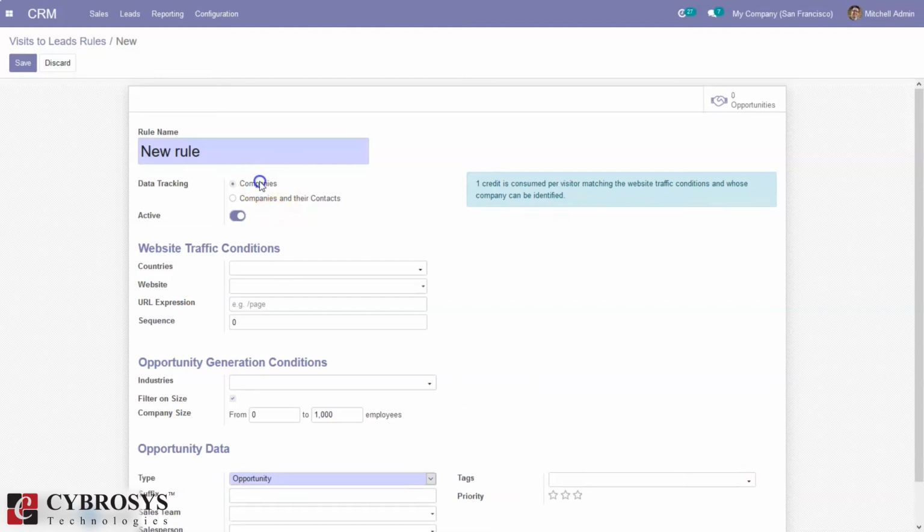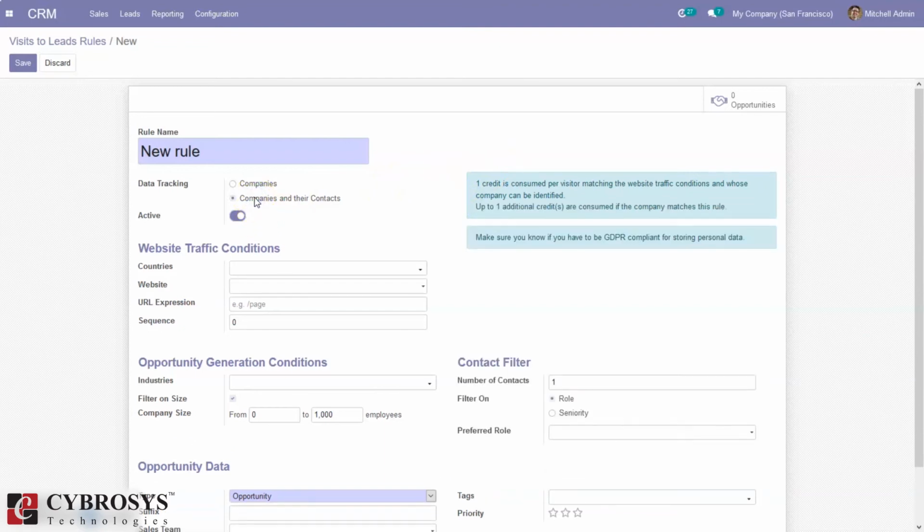Here we can see a message shown: one credit is consumed per visitor matching the website traffic conditions and whose company can be identified. So in order to extract information, we need to have credit. Per visitor, one credit will be consumed. And when you choose the second option, that is, if you want to track both companies and contacts, you have to make sure